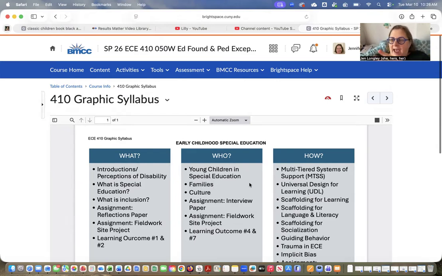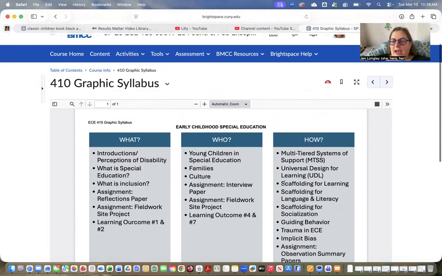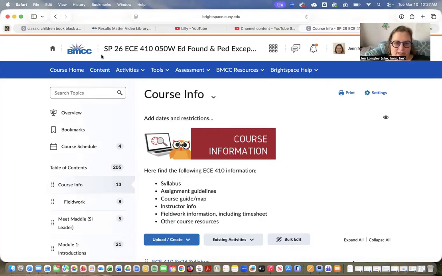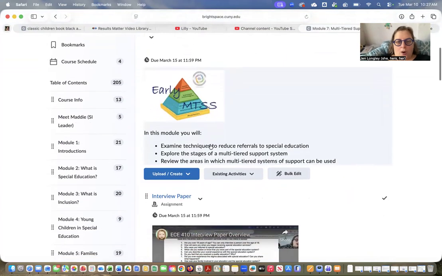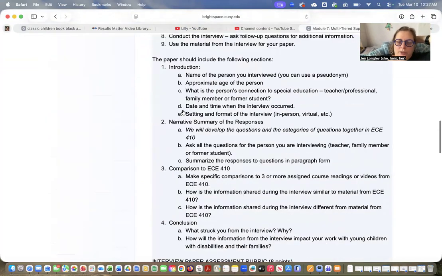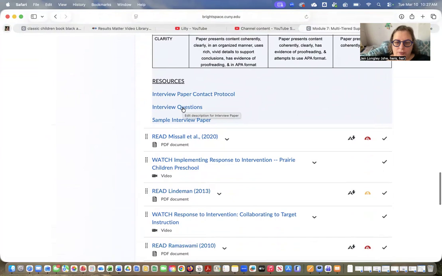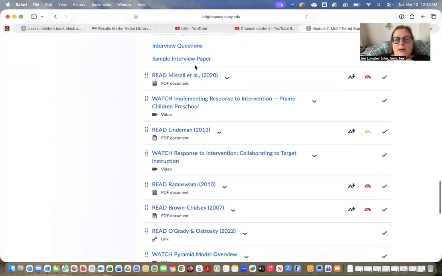And now we're getting into the how. What does it look like to support young children with disabilities in special education? We are diving into the how, and we will be doing that for the rest of the semester. Our first module in the how section is looking at multi-tiered systems of support. Just as it sounds, there are multiple tiers to support children. We do have some assignments due, and I'll touch on those, but let's just go through what you're reading